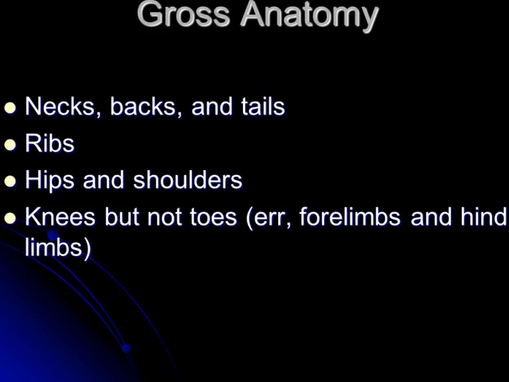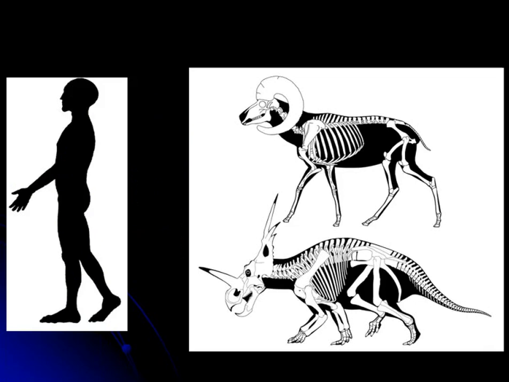So in a way, I'm purposely trying to pace these first 2 weeks to mirror the design process that we most normally go through when coming up with stuff. And I'm sure many of you have done lots of drawings and sculptures and work roughly the same way. We're specifically going to cover necks, backs, and tails. We're going to look at ribs, we're going to look at hips and shoulders, and due to time constraints, we're going to talk a bit about forelimbs and hind limbs this week, but it'll be sort of a preview for bigger issues we'll cover next week before getting to the nitty-gritty. Okay, so